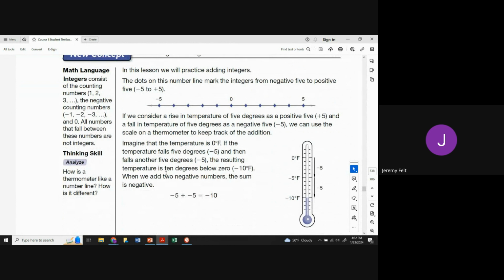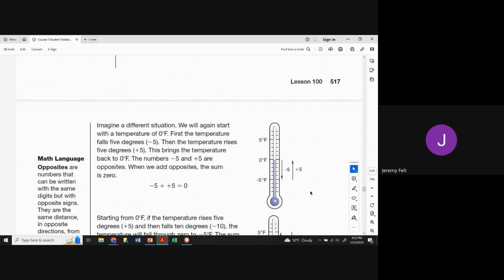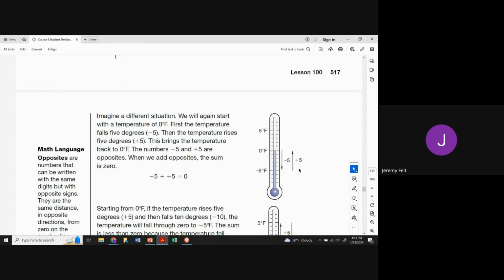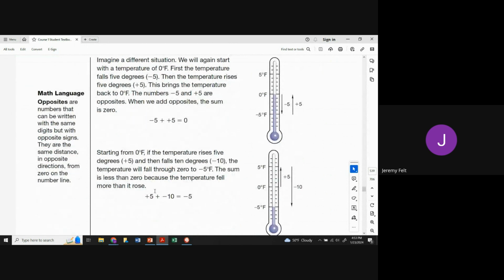Where we see negative numbers quite a bit is when we're looking at temperature, either in temperature drops or in actual temperature. So if we're starting at 0 degrees and we end up at -10 by the middle of the night or whatever, well, we've dropped 10 degrees, so we're -10 degrees Fahrenheit. If we have -5 and we add 5 degrees, we're now at 0. If we're at 5 and we go down 10, so 5 plus -10 or 5 minus 10,